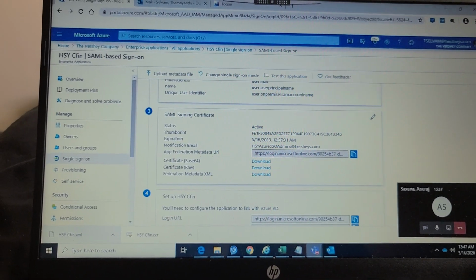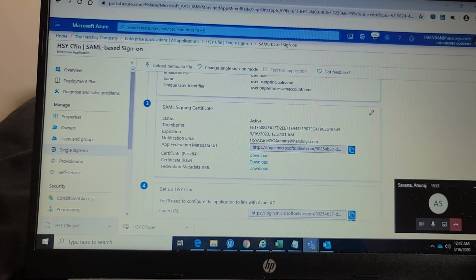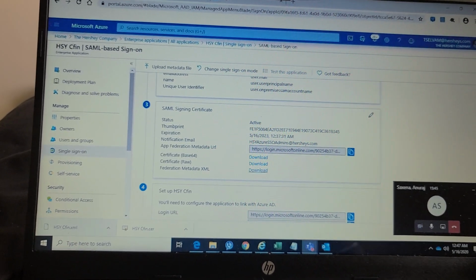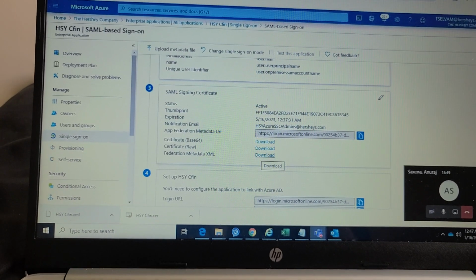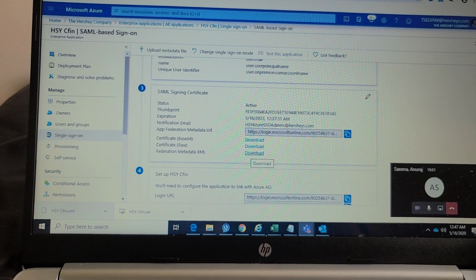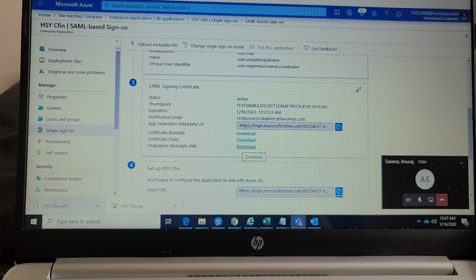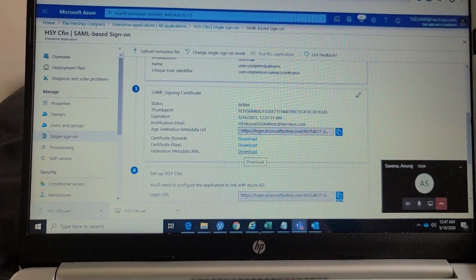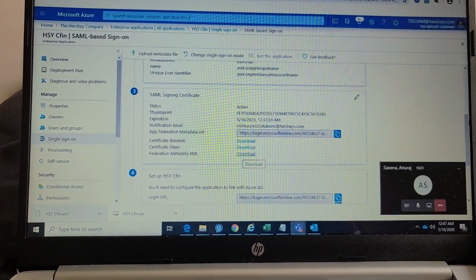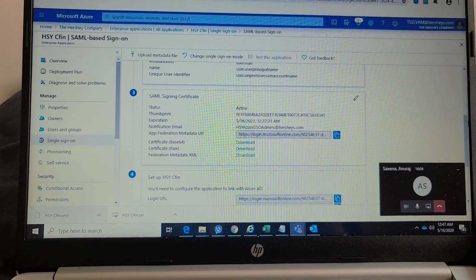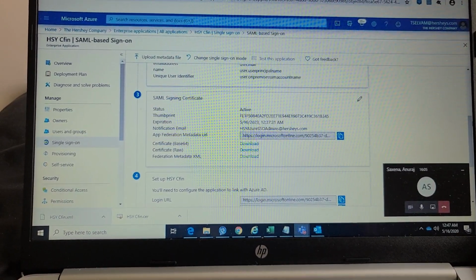First, he will provide you metadata, you upload it here, and you make all these changes. Then after that, you download these two, make them into a zip file, and provide it to him in the same chat. He will do the configuration from his end. Once both sides' configurations are done, the owner of the application will test whether it is working in the production environment. That's all.